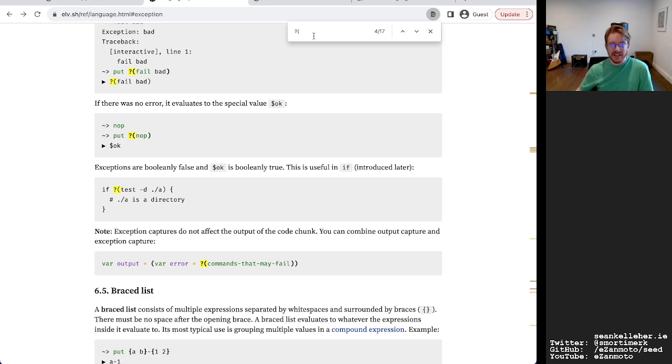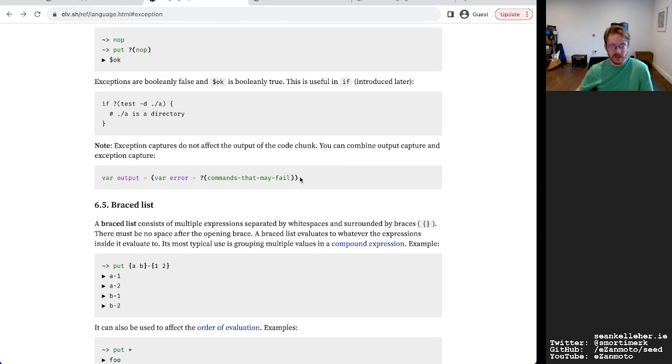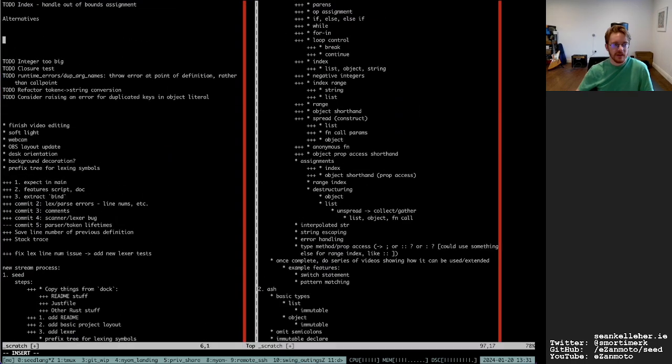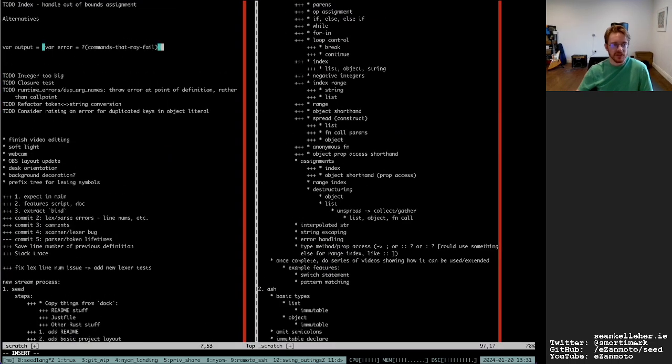I'll be honest, I wouldn't be a huge fan of that. I feel like it'd be quite straightforward to simplify that to an expression that looks like that. And I think you lose very little, if any, of the expressiveness.